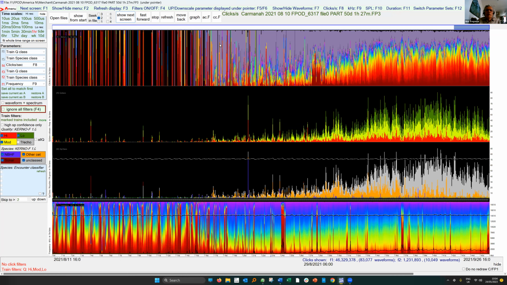And the top graph is quite extraordinary. This is clicks per second. And this color, aubergine, is supposed to be very fast. And it's a very high proportion of very fast trains. Normally, you're seeing clusters, which are encounters with some of them having more fast trains than others. But here you've got this sort of massive exposure to